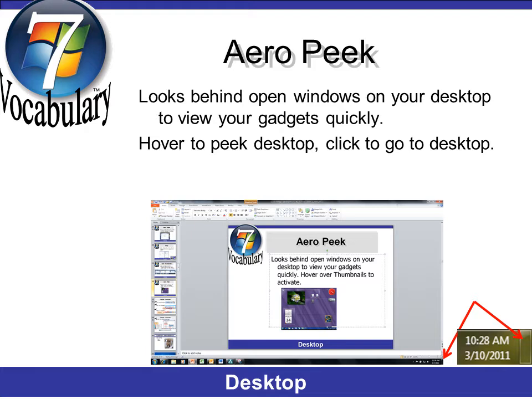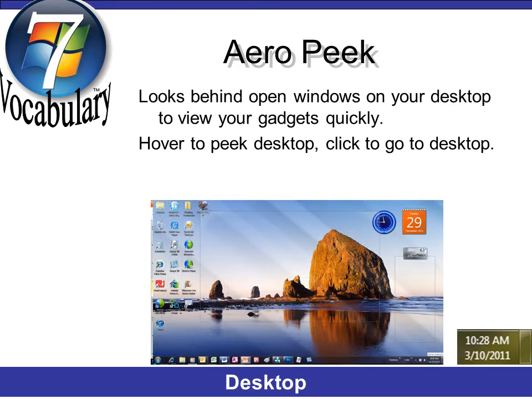There's another great tool like this. It's called Aero Peek, and Aero is that glassy, transparent look that you can get with your desktop sometimes. Well, down in the bottom right corner of the taskbar, and I've made it a little bit bigger here so you can see, there's this rectangle, and you hover over the rectangle and you'll actually be able to see what's on the